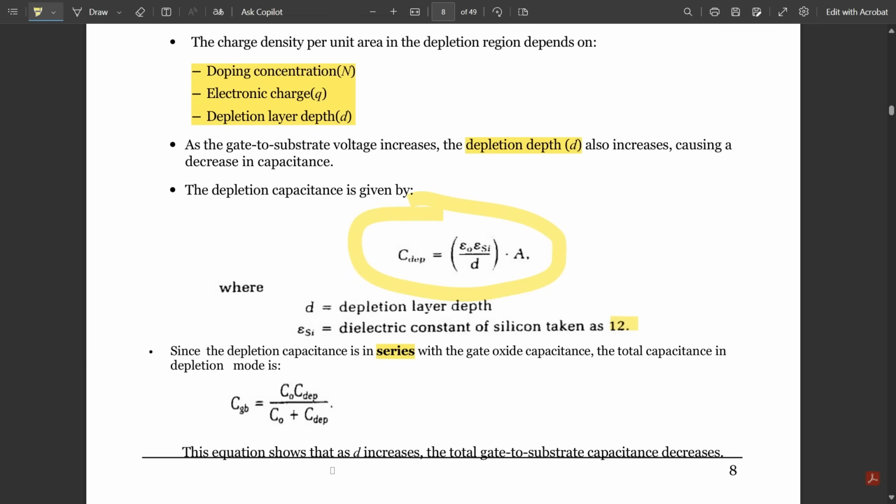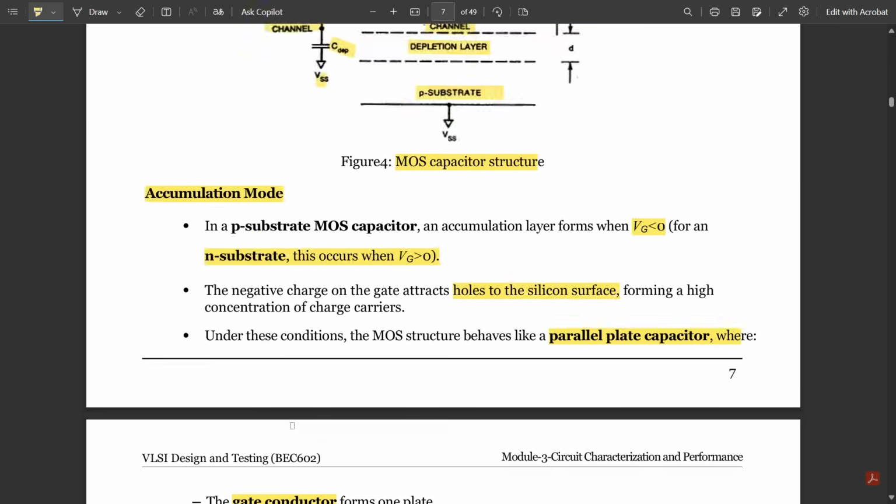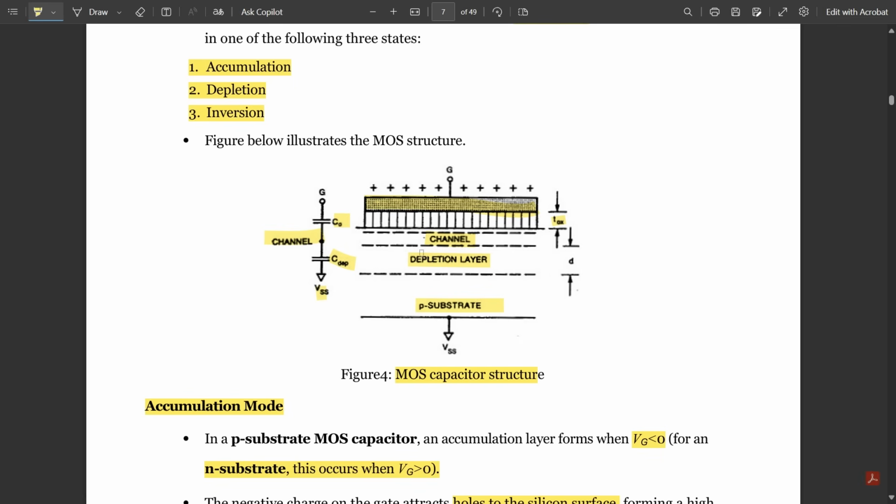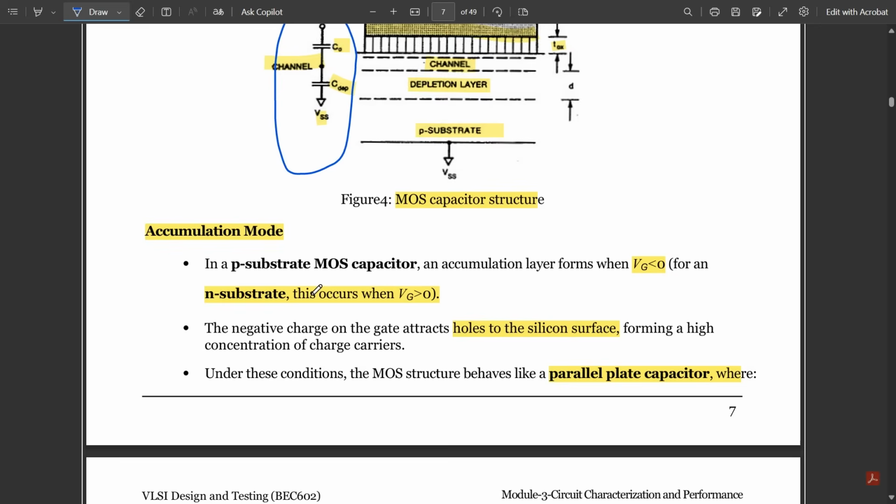So that's why the depletion capacitance would be in series with respect to the gate oxide capacitance. Okay, so we should be keeping this in series. Why? Because in this diagram, the channel and depletion layer are just below each other, combined one above the other. So that's why these two capacitances are in series here. You see here, the depletion capacitance as well as the oxide capacitance are kept in series,